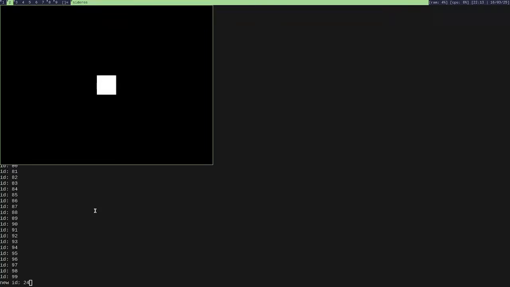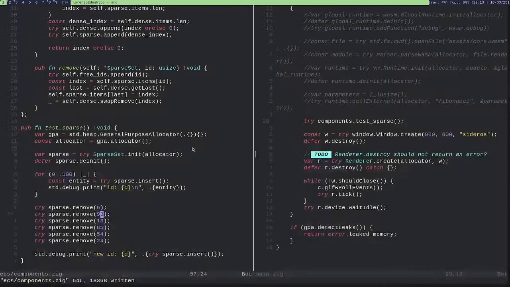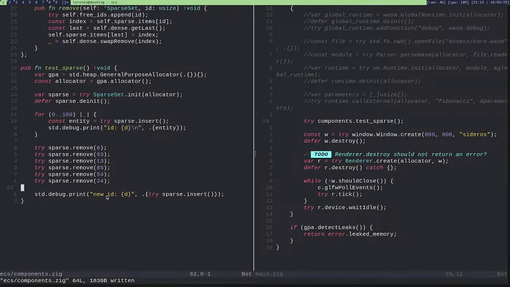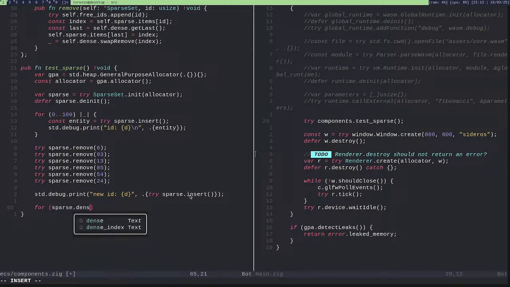Okay. So technically this should be something like 24 exactly, because it was the last one. But now, if I remember correctly, I can just do sparse dense and then have the entity and just print the entity.